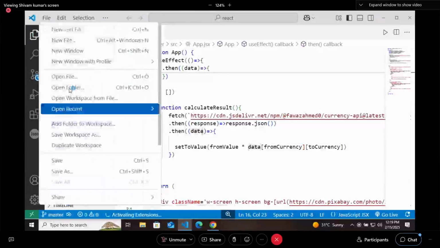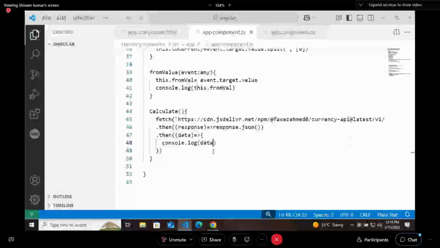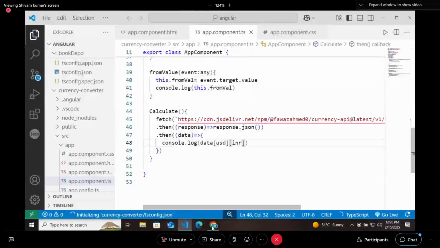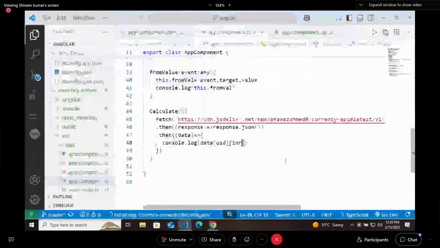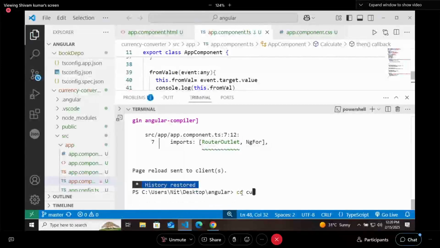Go back to Angular now. I will try to print the data in this way. Here I will print, let's say, USD and INR. So we have to restart it. Currency-converter.